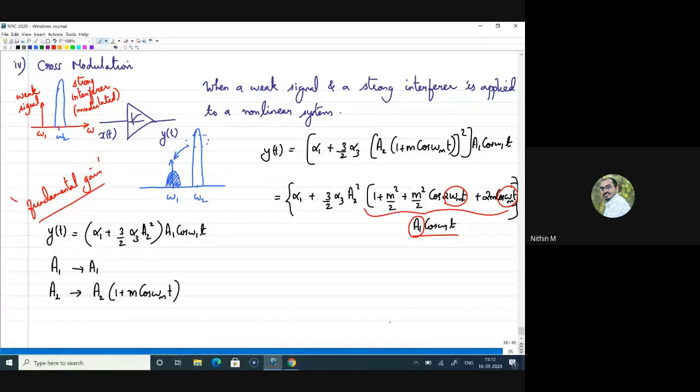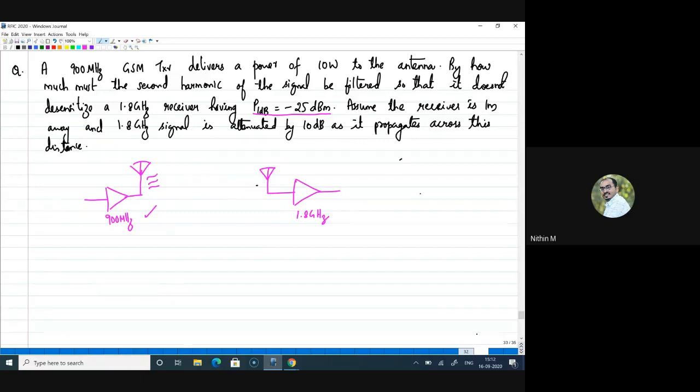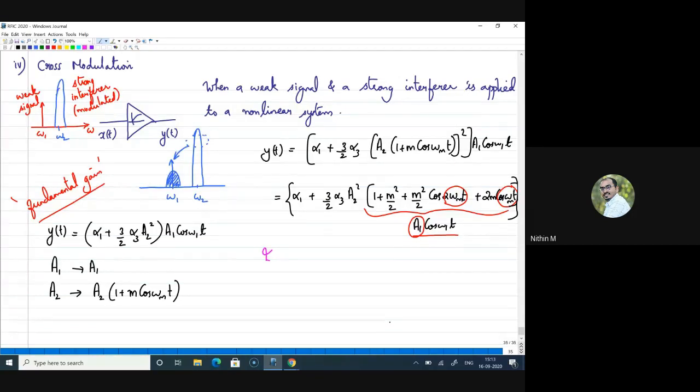If you ask whether this is applicable only for amplitude modulation, I'll give an exercise for you, including the previous day's homework. I don't know how many of you solved this, so no need to discuss the answer here. I'll be starting a discussion for this question in the canvas. You can reply there, along with this one. We have seen the case of amplitude modulation, but what about other modulation? What if the phase is modulated? Will this happen? Such things we will discuss further.